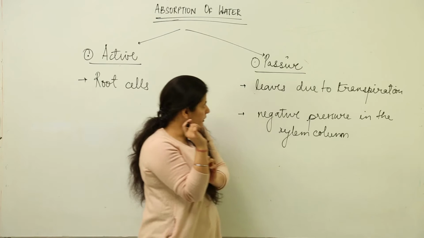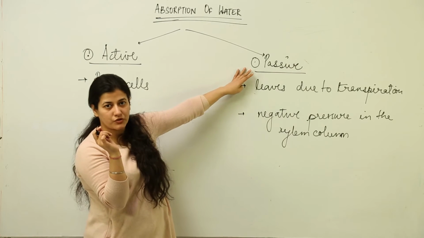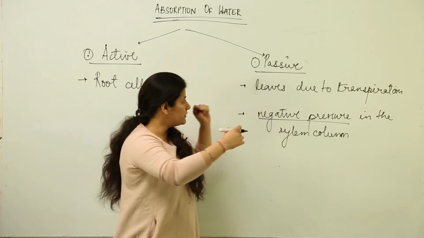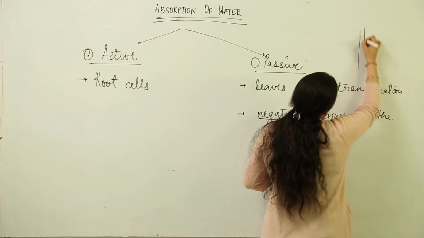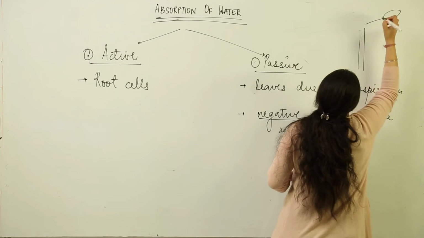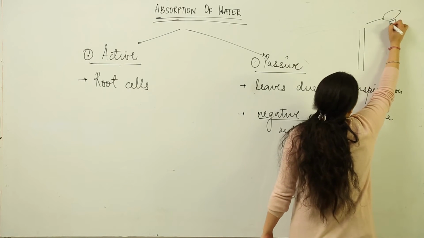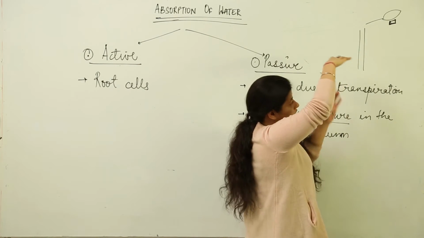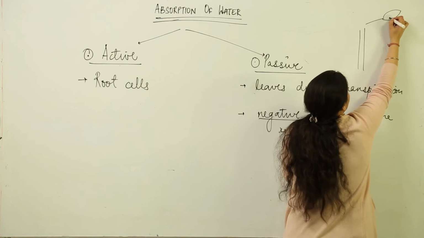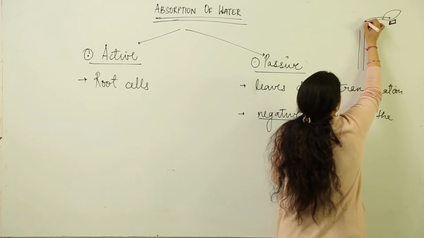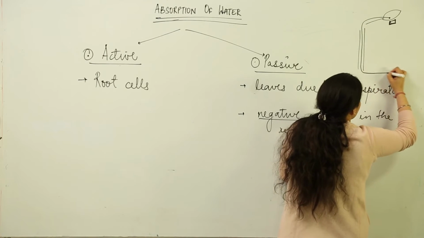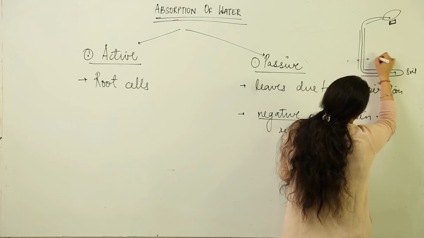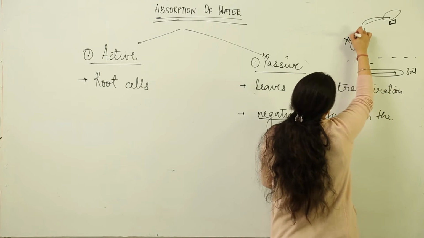Because the name says it is passive absorption, and because I have used the term negative pressure, keep in mind what I am dealing with. Supposedly this is a plant and we have a representation, the leaf over here. We are going to have a reduced water potential. There would be a lot of water stress created over here, and it would be passed on like this. A negative pressure would be generated. It would be in contact with the root. This is soil supposedly. Here lies the xylem.